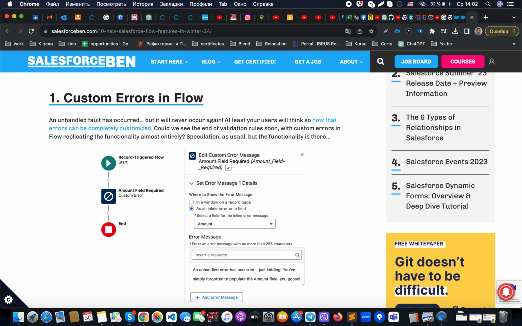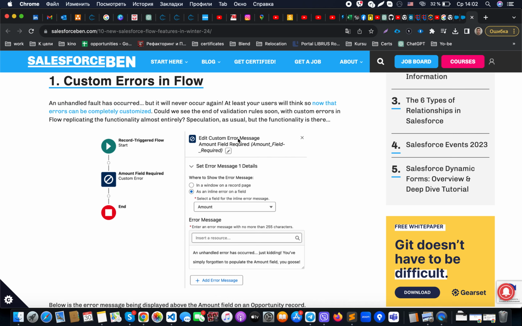It allows us to build a kind of analog of the validation rule, where we could validate fields related to the object with which we are working in the flow. It provides the possibility to display inline errors or window errors related to a specific field, and it allows us to specify